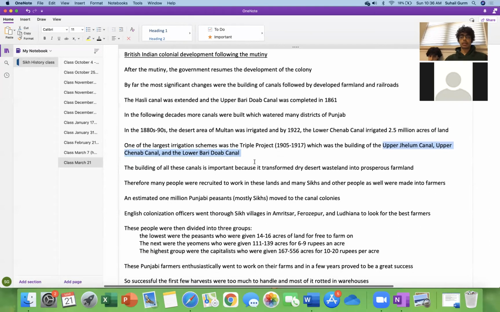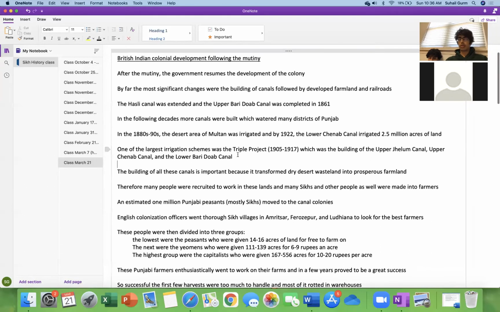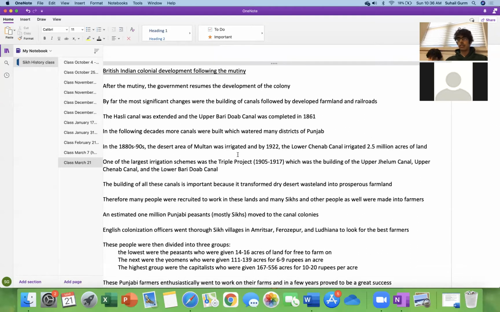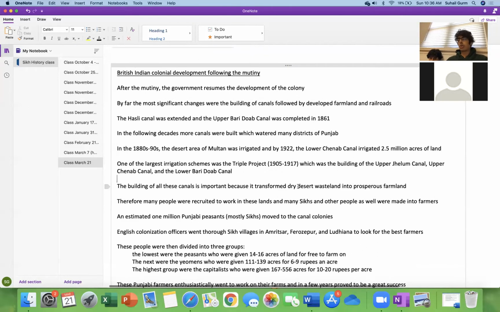And I don't know if I can really stress it enough, but they built so many canals that irrigated so much land, and it's important because most of that area of India is just pretty much dry desert wasteland. Like, this is useless land. There's nothing. You can't do anything there. So these canals brought water to these lands, which made them able to farm. So that turned the dry barren wasteland of the Indian land